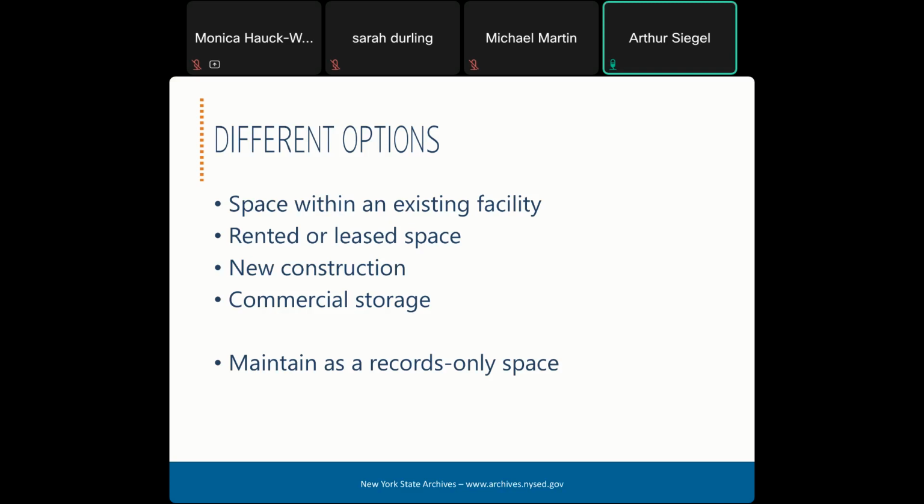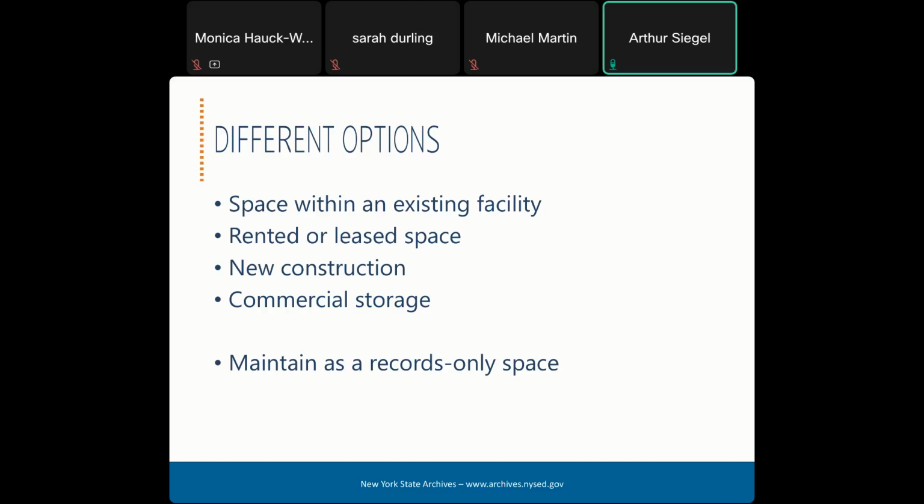Then there's also the option of a facility that's shared with another government or agency. If you can set this up, it could be pretty helpful to share costs and space, but it's not always easy to set up that kind of an agreement. Here's what you need to remember though. There's no right or wrong approach. Each organization must evaluate its needs, resources, available space in existing buildings, and potential space that could be developed.